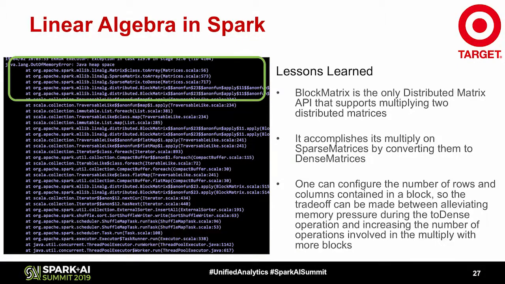You can configure the number of rows and columns contained in a matrix block, to make the trade-off between having smaller matrices that you're passing around and doing more computations, to alleviate some of that memory pressure. But I just wanted to avoid the fact that this was converting to dense in the first place, because you can do matrix multiplication on sparse matrices, and you can transpose sparse matrices. I did try this out as an experiment, and the job started running, and it ran and ran and ran, and then an hour later it fell over with out-of-memory errors. So I still had the same result, even when I tried to tune the block size way down.